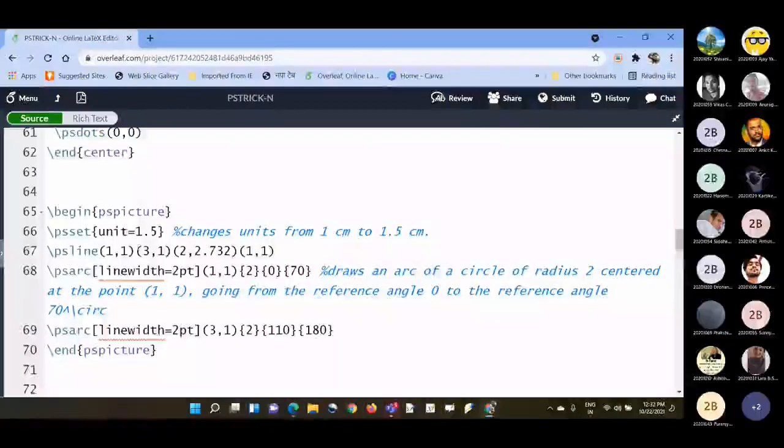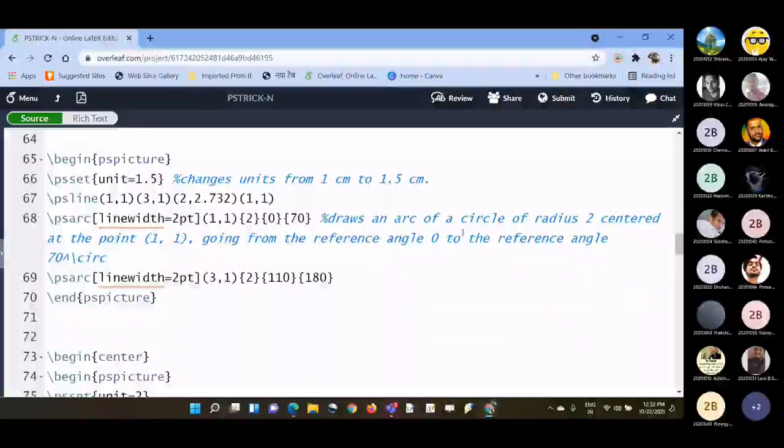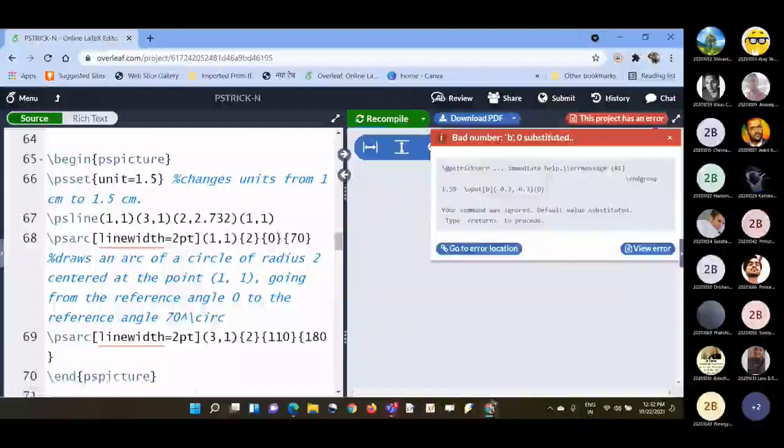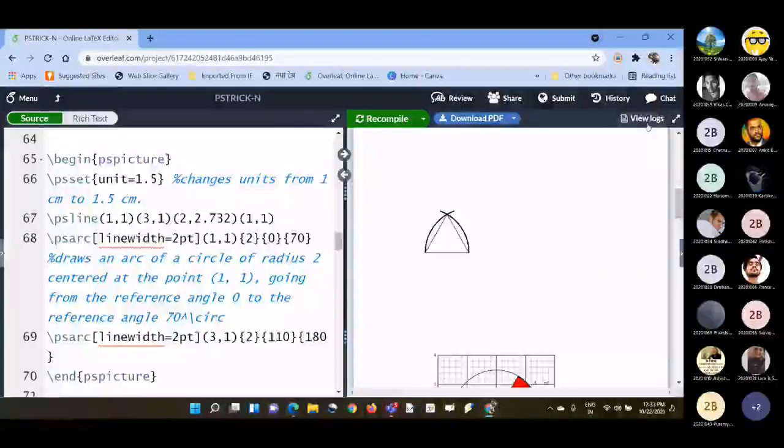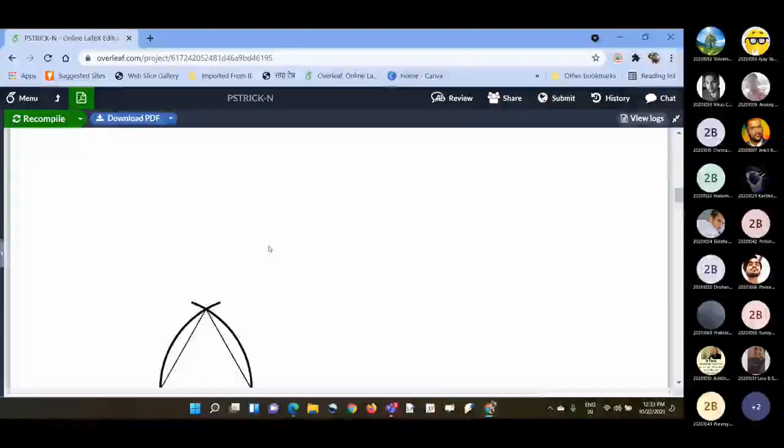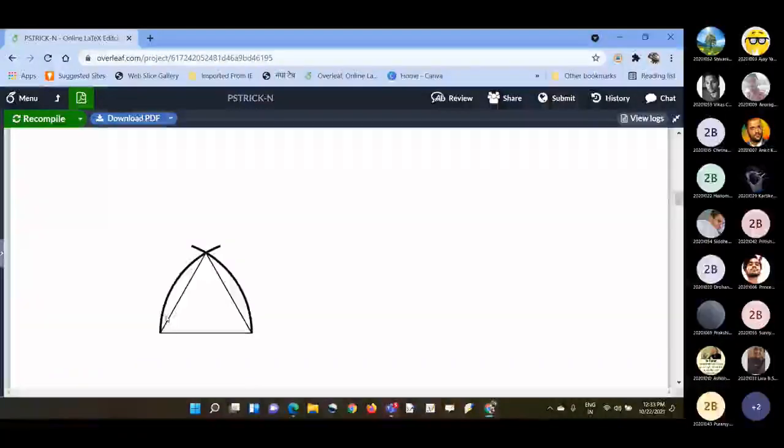So next is again, I think, a triangle, and then we are drawing some arc kind of thing. Triangle we can very much draw. If you have 3 points, you can just assume 3 points and join them using the \psline command.